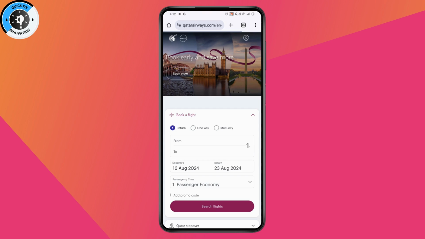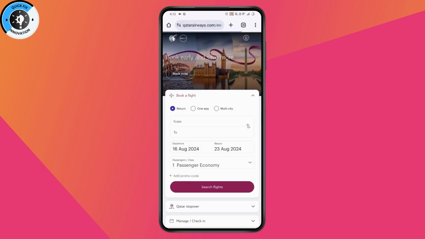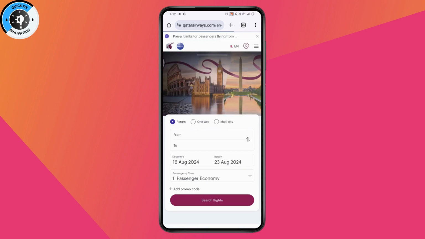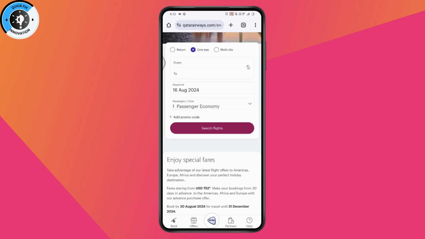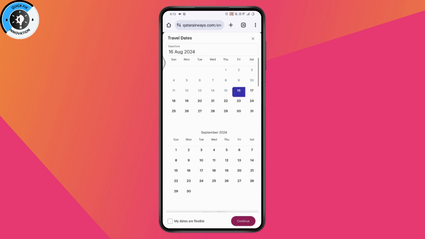And here, you will have this kind of interface where you can simply go with the book now option. And once you go with book now, it will take you to the booking page. So you can simply choose if it's the return flight or one-way flight or multi-city flight. So choose the option and then choose the destination. So you need to enter from and to address and then choose the travel date and tap on continue and